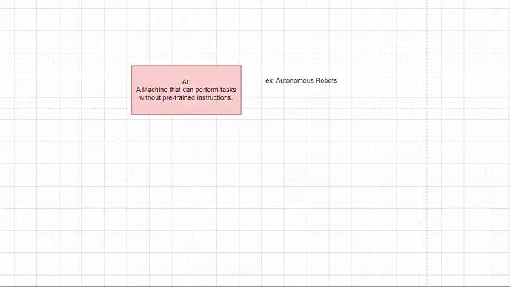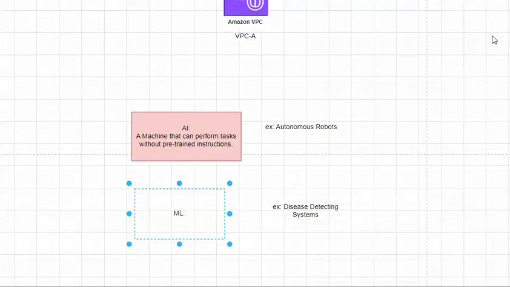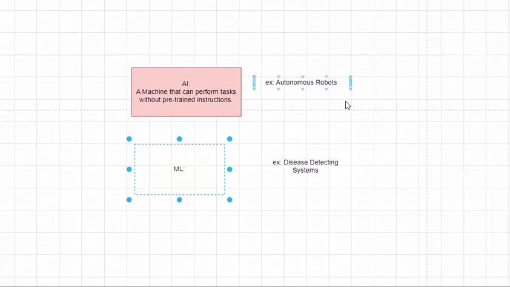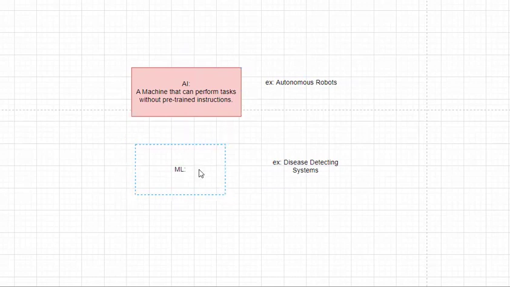Okay. So what is ML? That is nothing but a subpart of AI. You can assume it like a single part of a robot. A robot will perform multiple tasks, right? Yeah. So for a single task, how will it perform? AI will perform. So you can assume that is where ML actually comes into play.